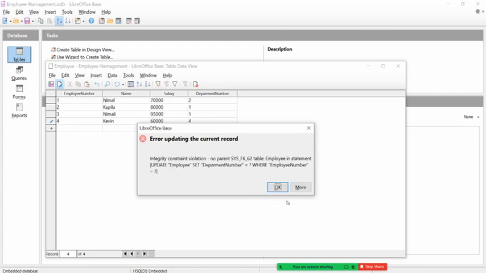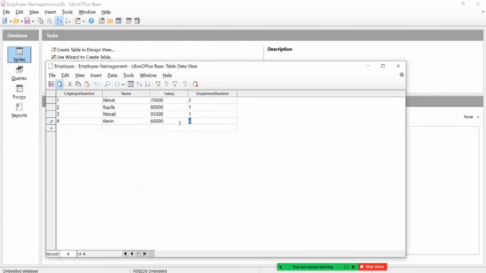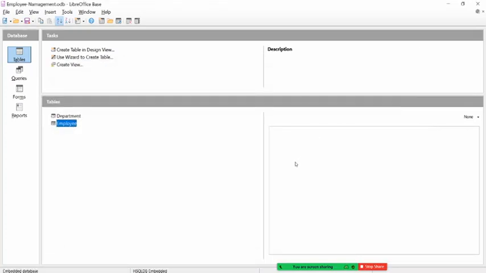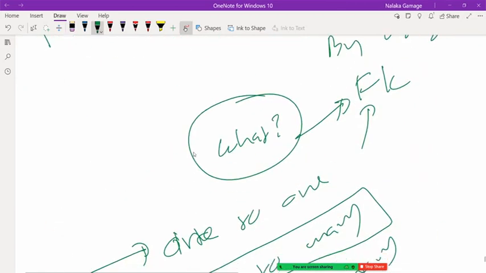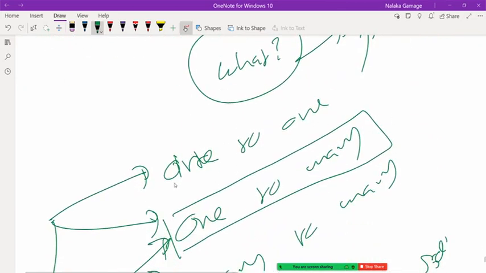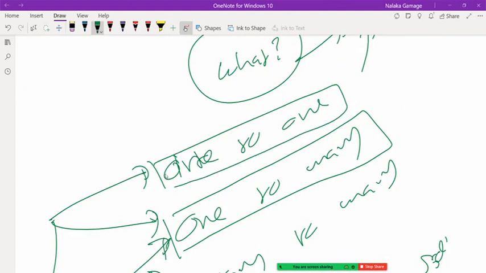Okay, let's say okay. It's not allowed. I will just change it to 3 because there is no department called 4. Right. So that is how you create one-to-many relationships. Right? One-to-many. So next we will look at one-to-one. Over the one-to-one relationship